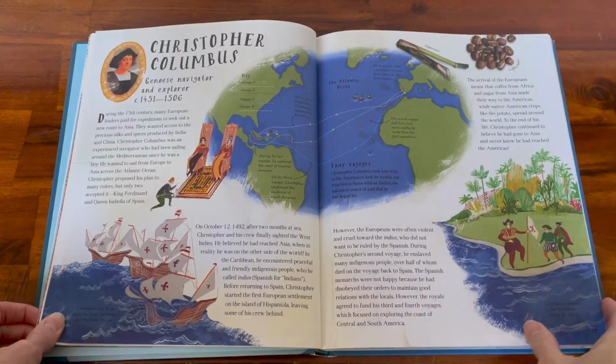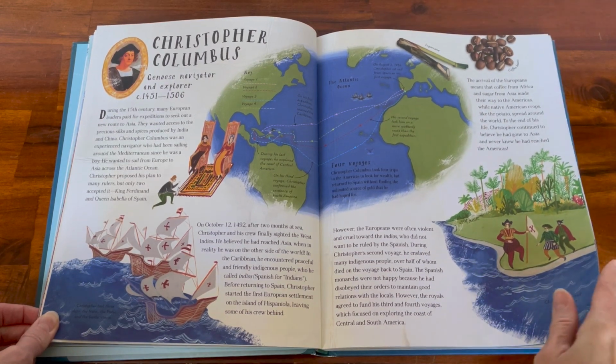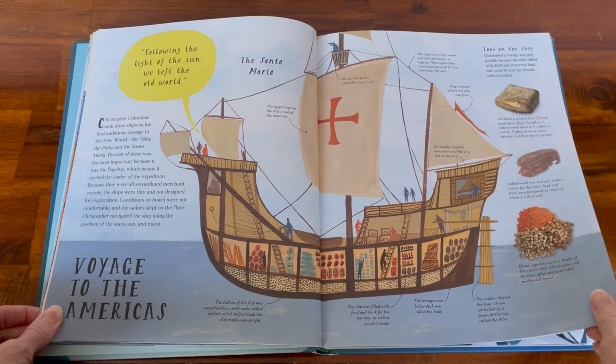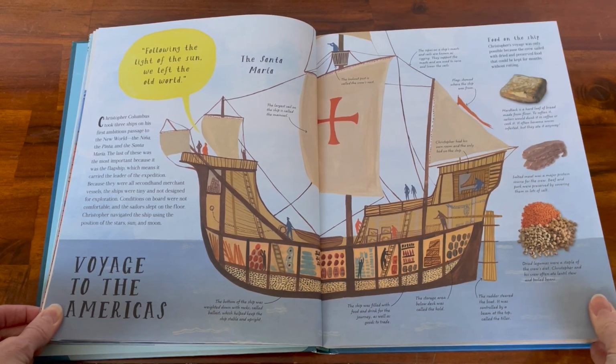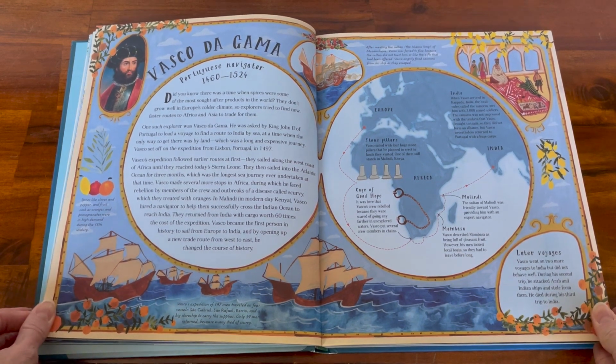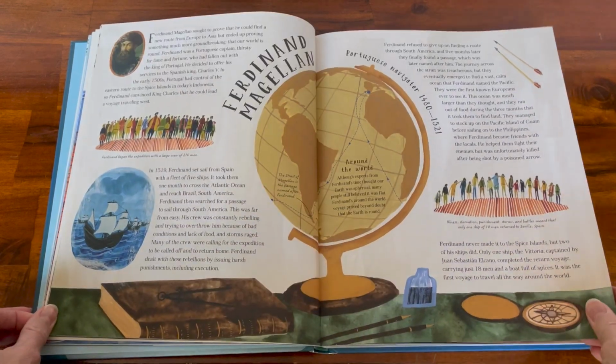Obviously, Christopher Columbus, everyone knows about him, but there are so many other explorers out there that we just don't get around to studying and teaching our kids about. So I found this book so helpful with introducing my kids to all these famous explorers, and this also tied